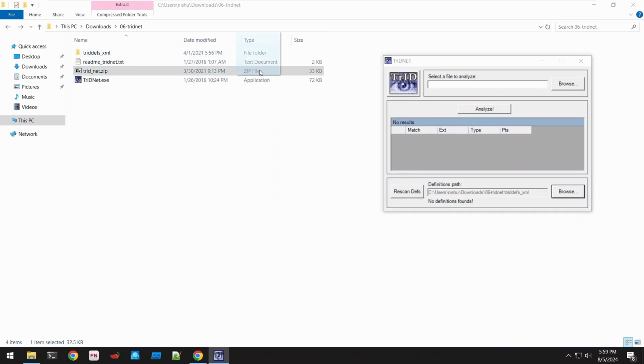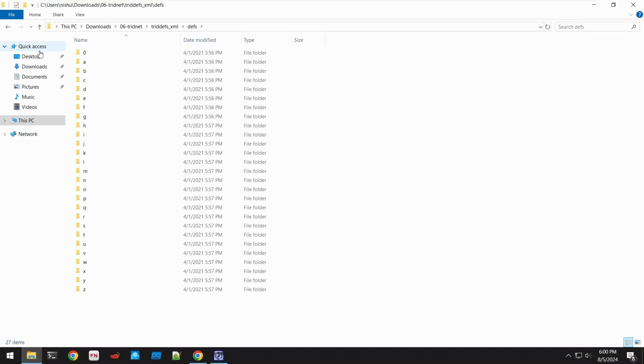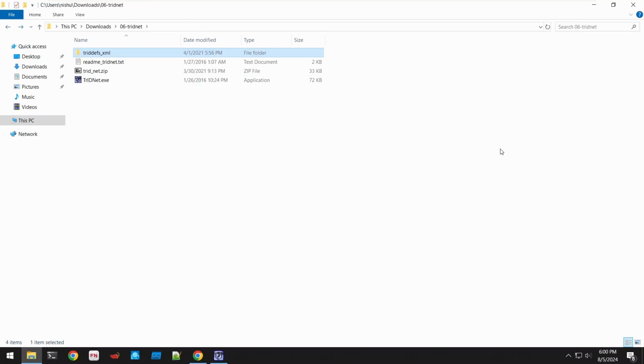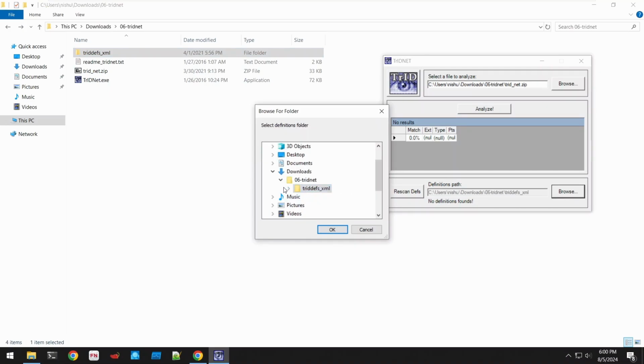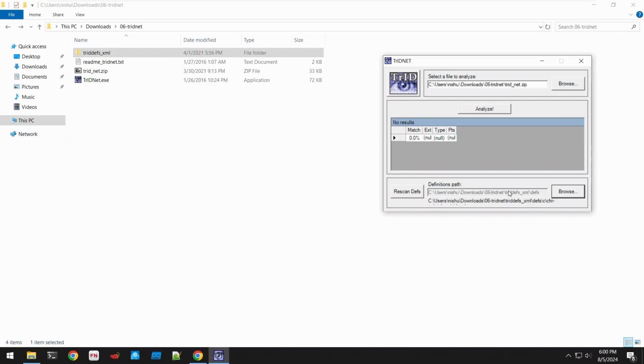For example, if I show you the zip file that was containing an exe, as you can see, no definitions were found in the XML. Definitions are there because I have pointed to the parent directory, so I should switch to the subdirectory of the definitions. And now as you can see, the definitions are getting analyzed,